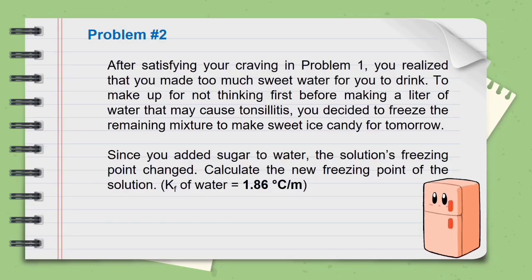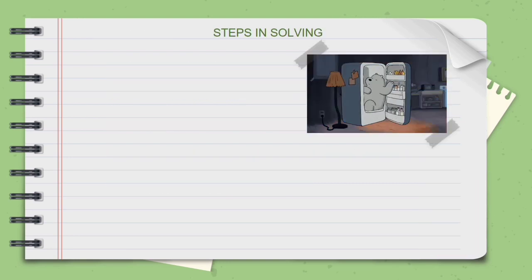After satisfying your craving in problem number 1, you realize that you made too much sweet water for you to drink. To make up for not thinking first before making a liter of water that may cause tonsillitis, you decided to freeze the remaining mixture to make sweet ice candy for tomorrow. Since you added sugar to water, the solution's freezing point changed. Calculate the new freezing point of the solution. The Kf of water is 1.86 degrees Celsius per molality. So to solve this problem,